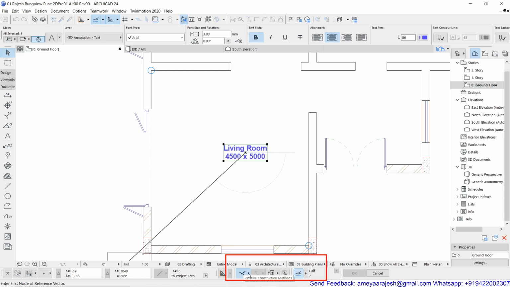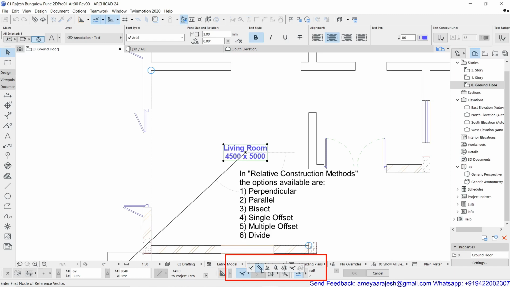Earlier, prior to your snap point and guide function, this was a very helpful tool, or helper option. You can have perpendicular, parallel, bisect, offset, multiple offset, and divide. These are the possibilities you can use from the relative construction method.